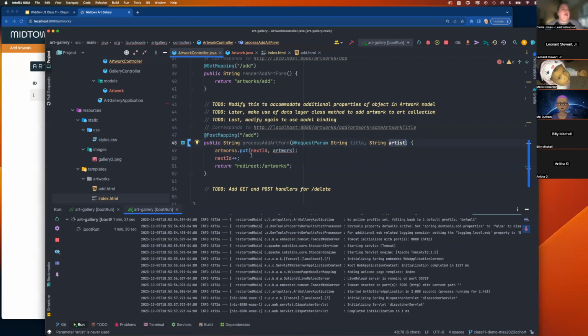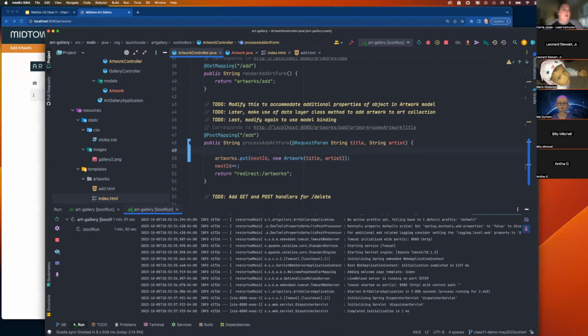So the only 2 input fields we're going to have on the page on the add form are going to be for these 2. And then what we can do is do kind of like we did above, where we say, I want a new artwork and I want to give it the title and the artist. And that'll create that object for us. It will create an ID. I mean, this is kind of messy because one thing you could do, actually, what would be better is to say,